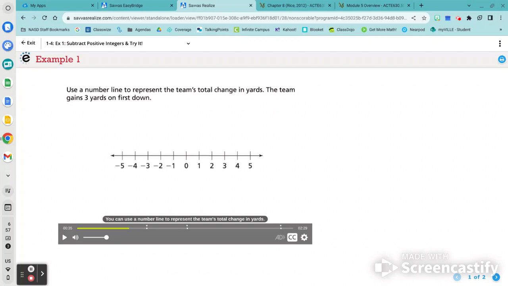Overall, I do like this program. I think there are a lot of accessible features, but there are definitely things they can